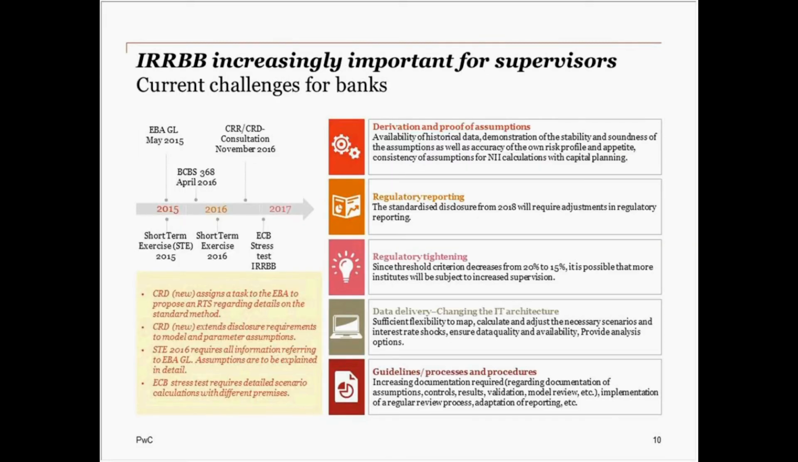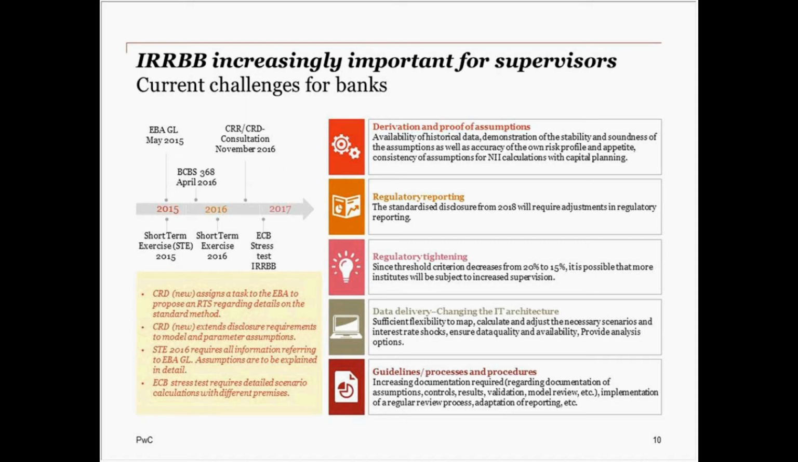One of the most important risk categories when we look into the ICAAP and Pillar 2 is the interest rate risk in the banking book. And we see a lot of interest from the supervisors in the interest rate risk in the banking book recently. There have been a number of papers published. The EBA published its guidelines in 2015. Then the Basel Committee published a paper in 2016. And already the EBA has announced that the